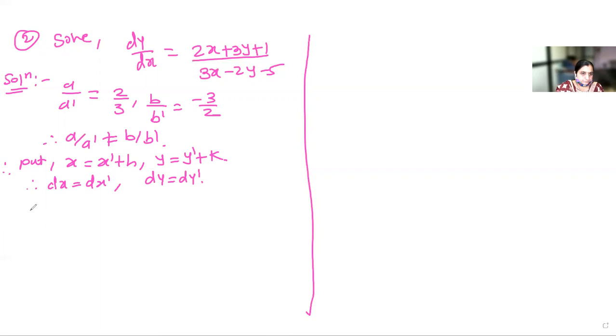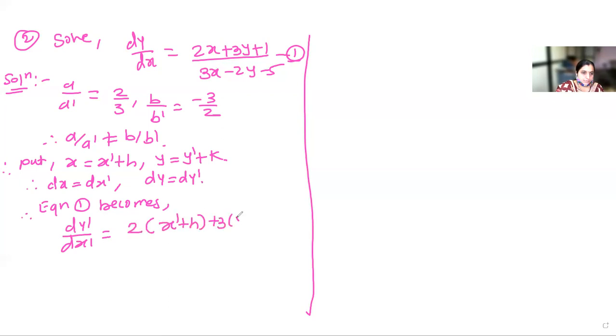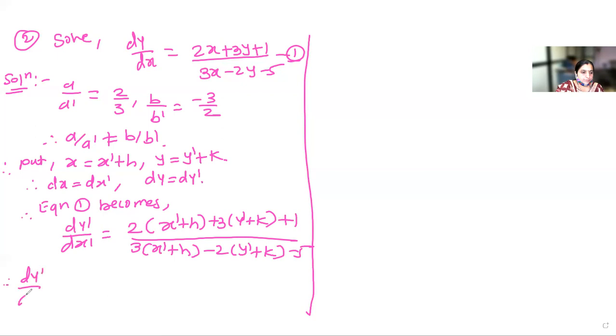Now equation 1 becomes dy dash divided by dx dash is equal to 2 into bracket x dash plus h plus 3 into bracket y dash plus k plus 1, divided by 3 into x dash plus h minus 2 into y dash plus k minus 5. So after solving the numerator and denominator, you get the right hand side like this: 2x dash